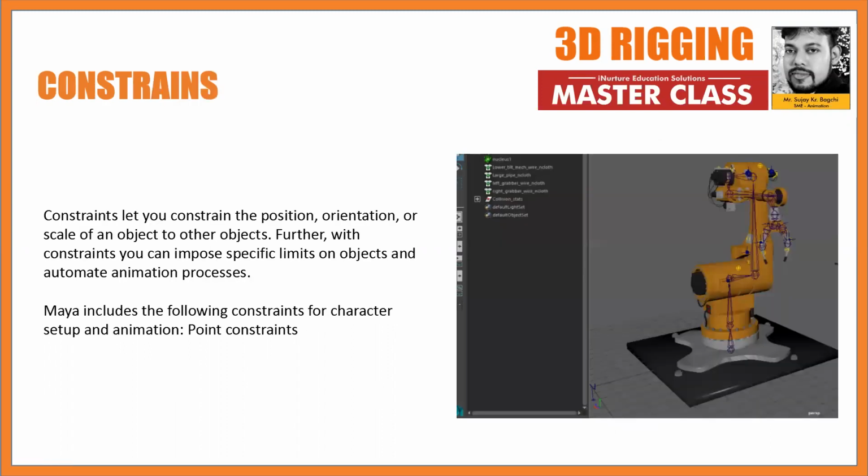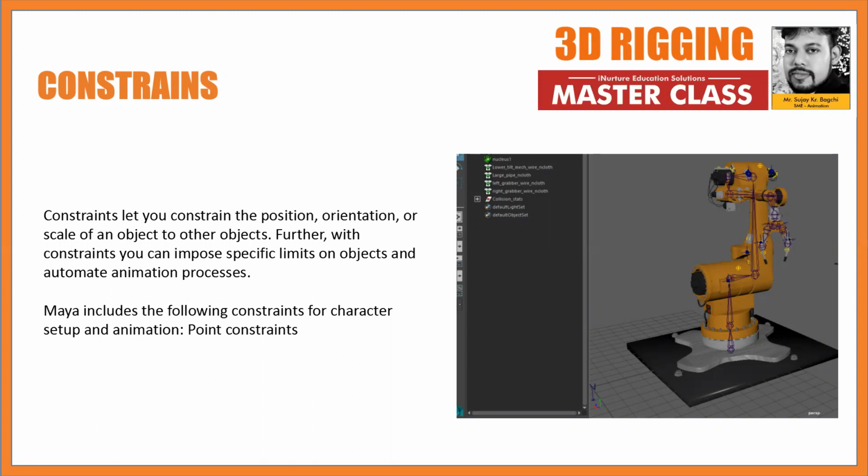Now the constraints. What exactly are constraints? Bones are basically an armature of the body which holds the whole mesh of the character, or maybe a car, a tank, a gun, or any creature, or any tree. It might be some insect like a butterfly, scorpion, dragon. So